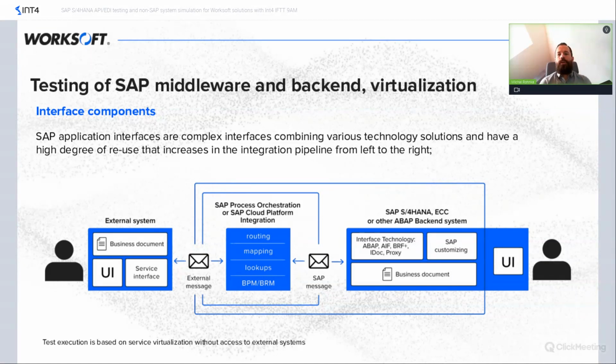So it can be Boomi, it can be, yeah, I forget the name of this platform, sorry. And also in this box we've got the SAP backend, so everything that is happening on the backend. So if you've got the IEF interfaces, if you've got the BRF plus logic, any customizing you have there for your